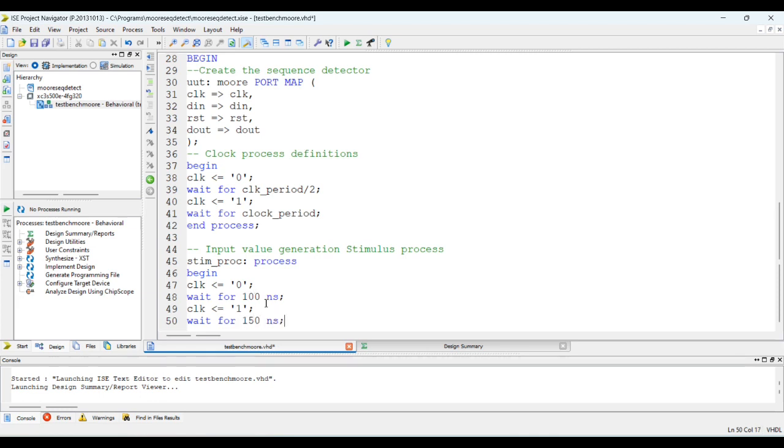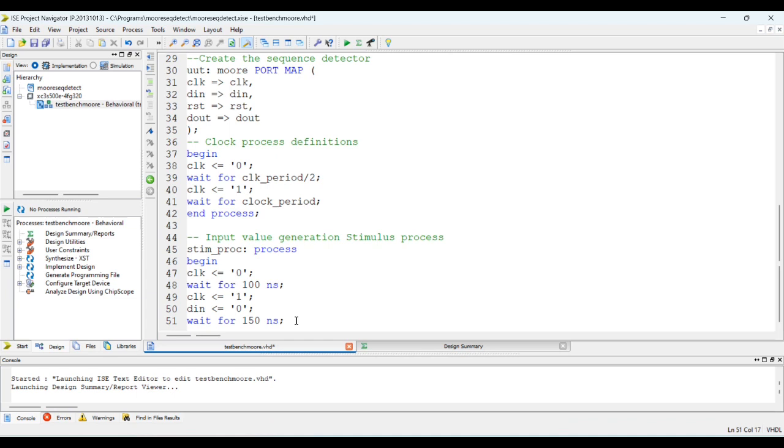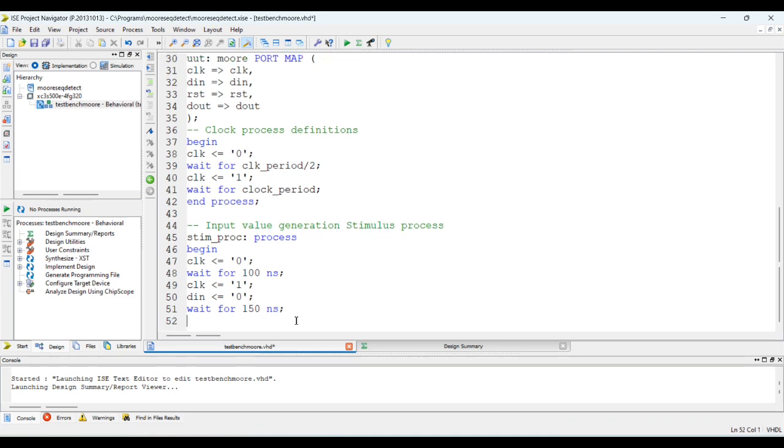And after you give clock equal to 1, you have to implement one more thing. You have to write the din signal equals 0. You are going to set the din input with logic low level, and after that you're going to set the dout to